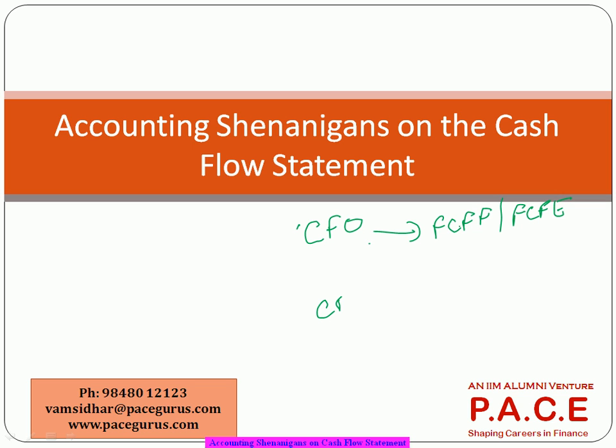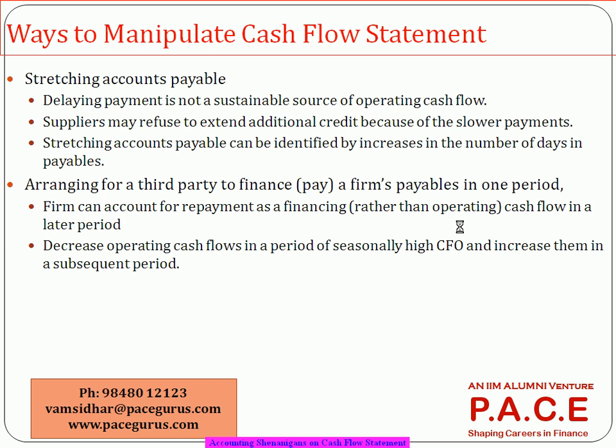So the overall final cash is never manipulated, but what is actually manipulated is the internal elements of the cash part, right? So we'll see how they are getting scenarios. There are four types in which things are talked about here. The first mechanism is you stretch the accounts payable. Stretch the accounts payable means you don't pay your vendors, or probably instead of a 30-day period, you take